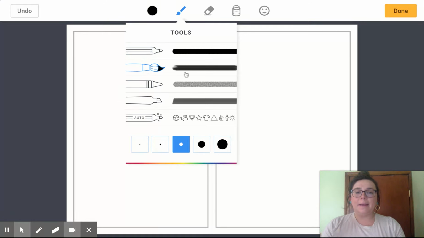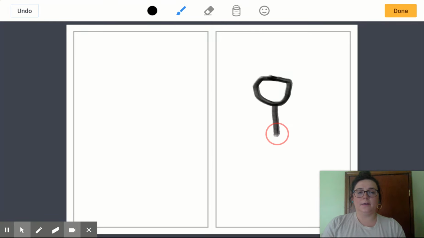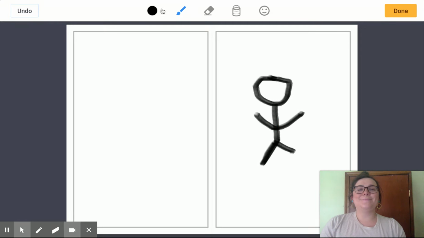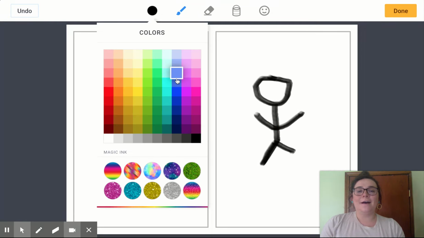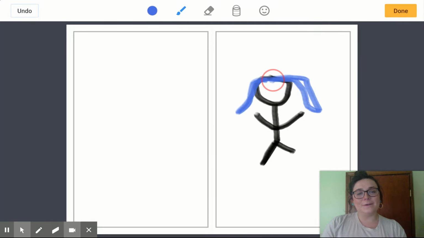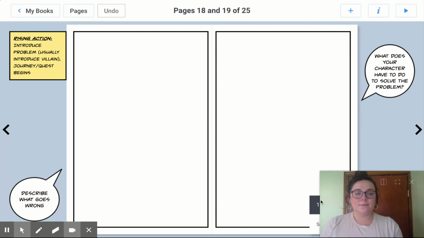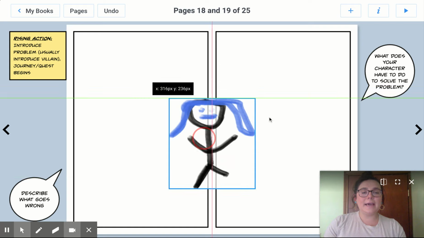So I can click any paintbrush I want. And let's see. So I can do this. Here is a head. Oops. It's very ugly. And the body. Okay. You can play around with the colors here. I'm going to make it have blue hair. Oh, look at that. Oh, okay. Let's say I'm done. Here, its eyes and its face. I press done. Watch what happens. It's really cool. So now it's going to upload. And look, my character,